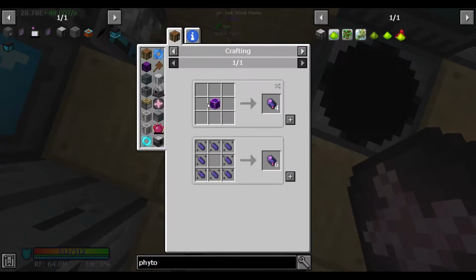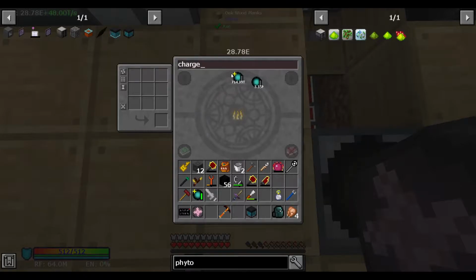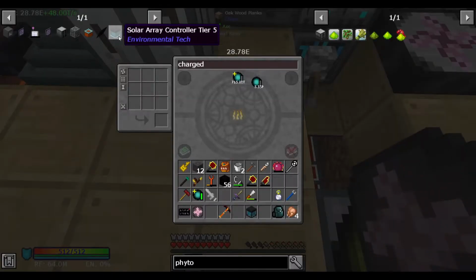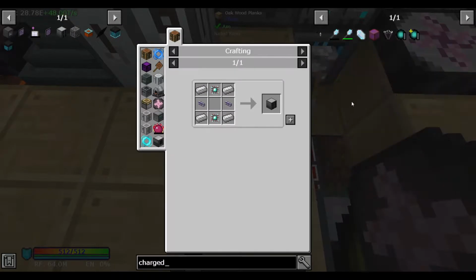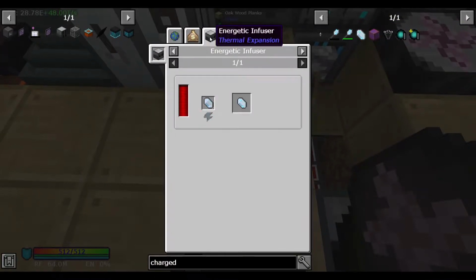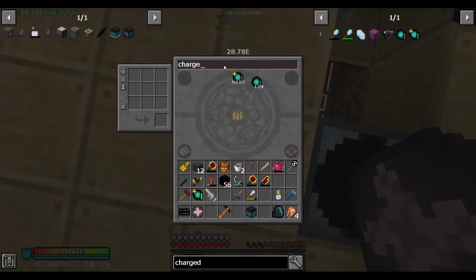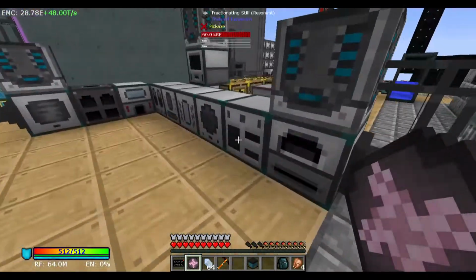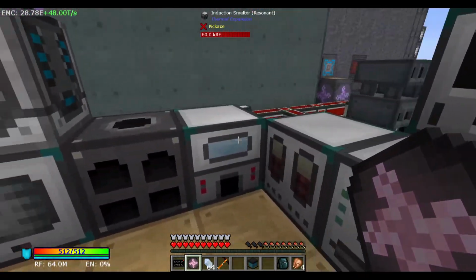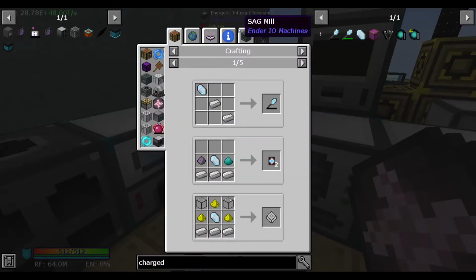However, we also are going to need an inscriber. Unfortunately. So Fluix crystals, we have to get it charged. How do you get charged Certus? Oh god. Let's take a look at charged. It doesn't have EMC. I can get it by charging Certus in an energetic infuser. Let's just go ahead and get a stack of these. Although I think does Fluix have...